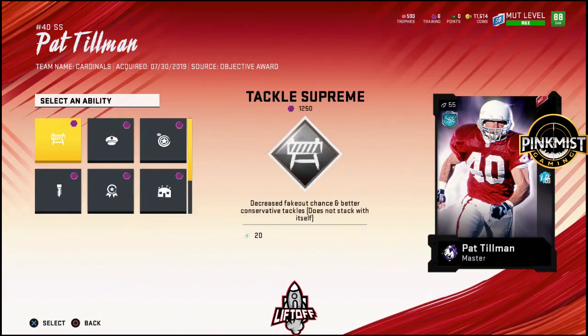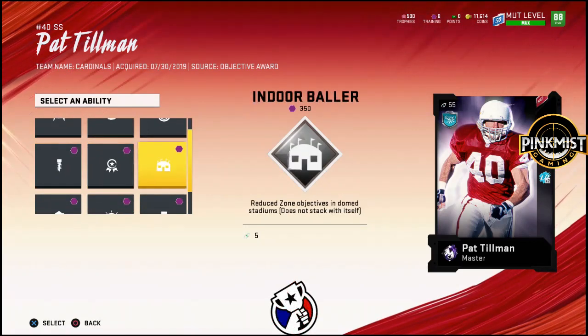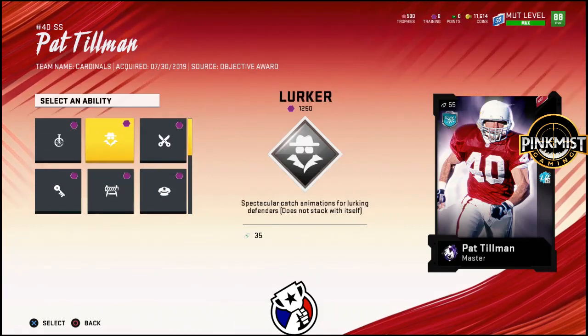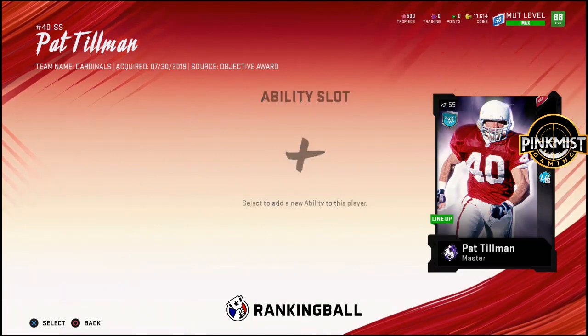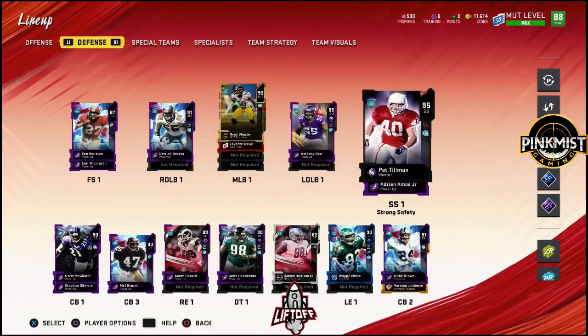He is a fumble-causing machine. If you also look, you can get some crazy abilities on him too. If putting abilities on a safety is your thing, you can get Enforcer, you can get tons. His third slot abilities are huge: Acrobat, Pick Artist, Lurker, Strip Specialist. He is amazing. If you were to user him, put Lurker on him and that Pick Artist, he'd be a problem. I feel I might be one of the first 100 people to unlock him